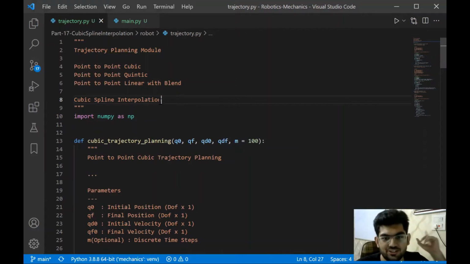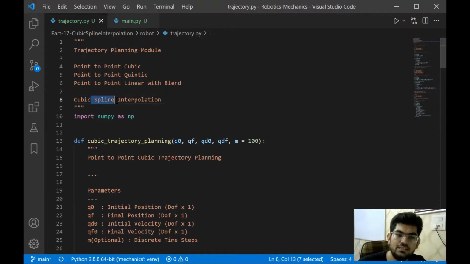In this video, we are going to implement the famous interpolation algorithm, the cubic spline interpolation. Now, Python already has a library by the name of SciPy, S-C-I-P-Y, that already provides us with the implementation of a spline that we want to do, but we are not going to use that. Instead, we are going to do everything from scratch, like this cubic spline interpolation. So let's get to this.